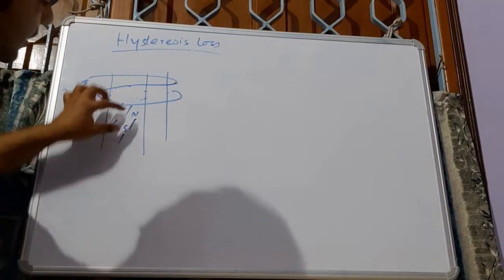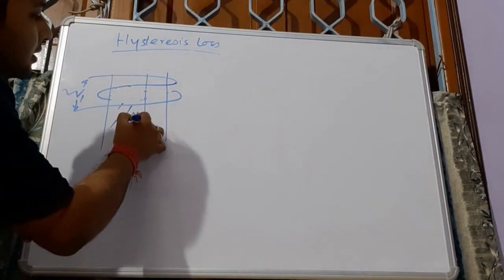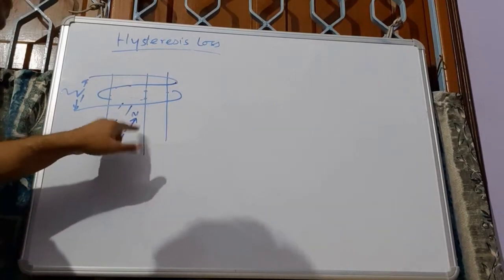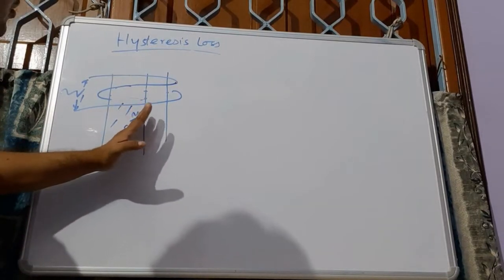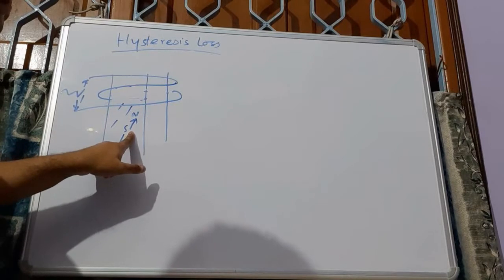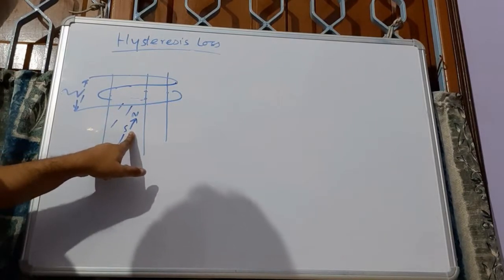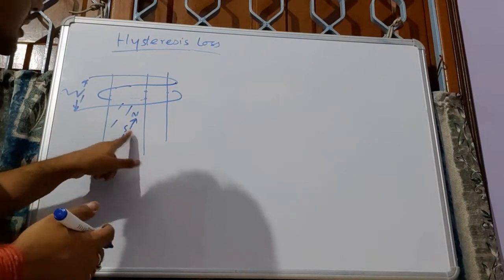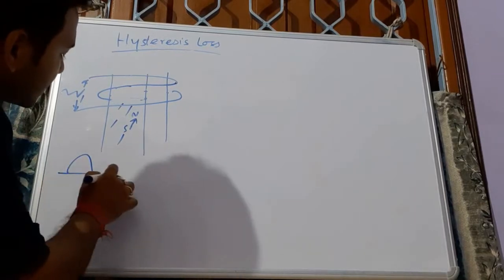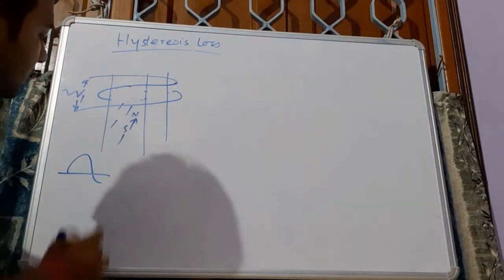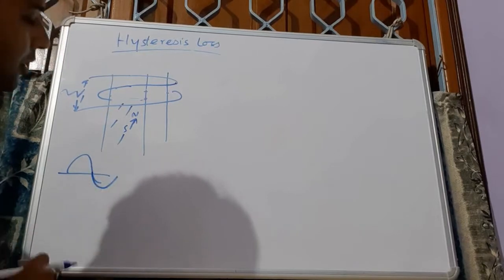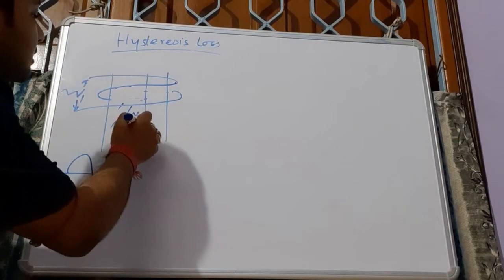For a particular positive cycle, the magnets are aligned with a north pole and south pole of the material, and for the negative cycle,